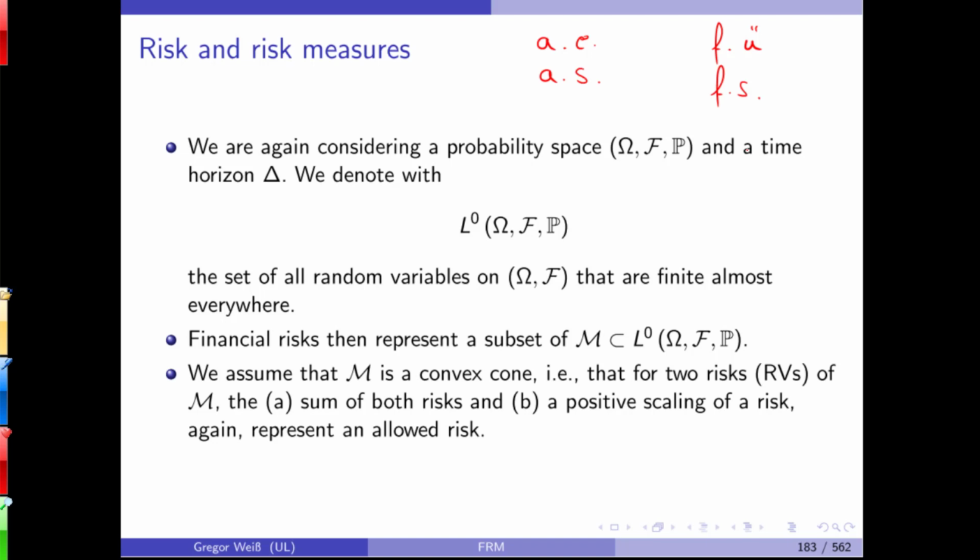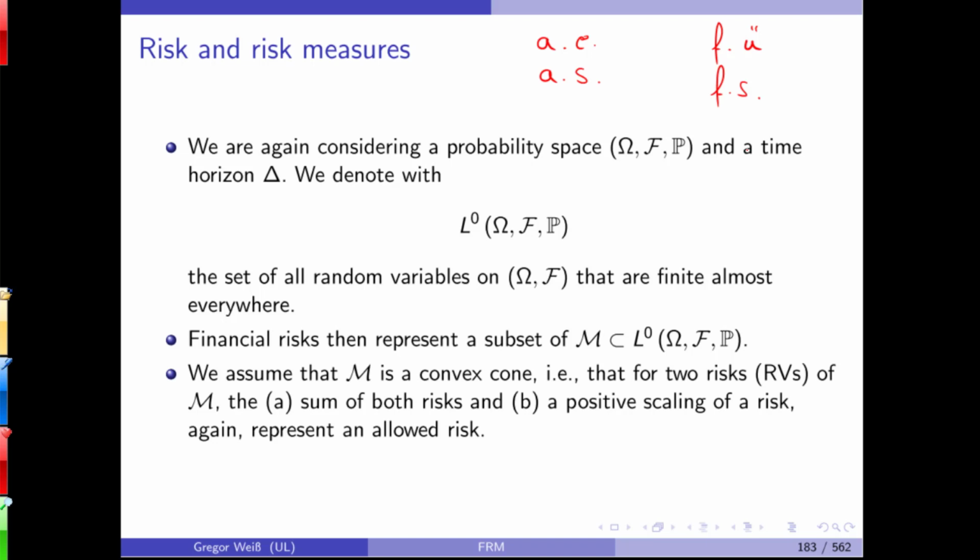It might be that you still allow this event to be, well, not possible. It's not excluded, but it makes things easier technically in mathematics if you just assume that it could still happen, but only with probability 0. There's a fine philosophical distinction between something being impossible and something being possible, but with probability 0. So this is why we are looking at random variables that are finite, endlich. Plus infinity and minus infinity are thinkable, but only have probability 0.